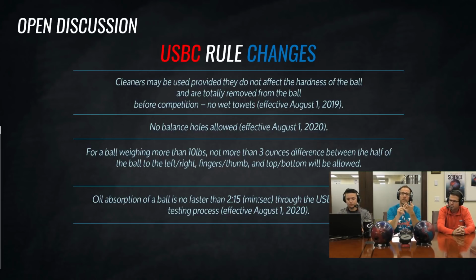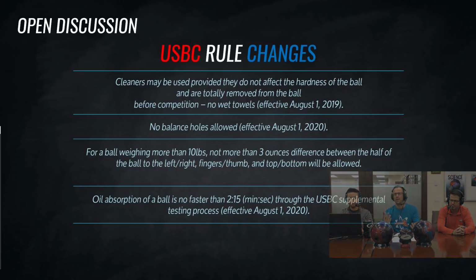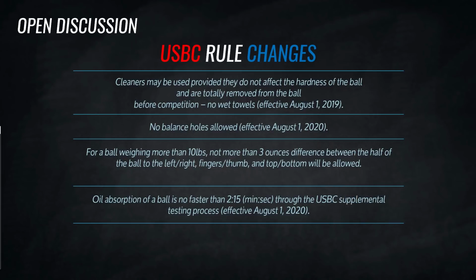Now, as a reminder for everybody, if you are going to utilize that extra window for maybe 2.5 ounces of side weight, 2 3/4 or something, you can't additionally use a balance hole. Right. You've got to use one or the other. They call it no double dipping. You can't have the excessive amount of side weight and the balance hole. So.